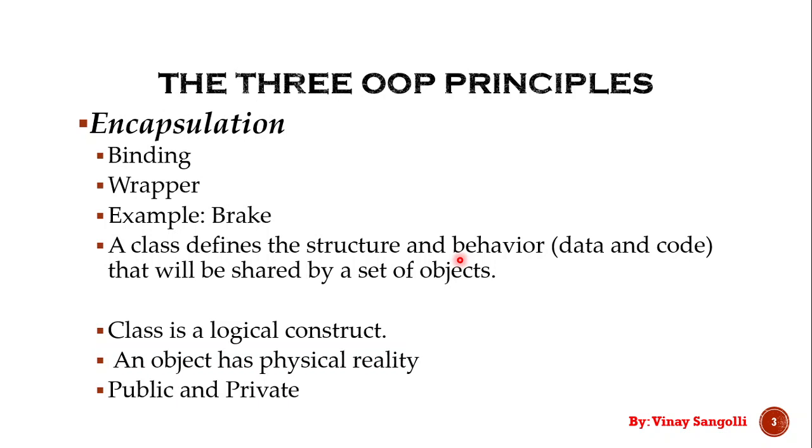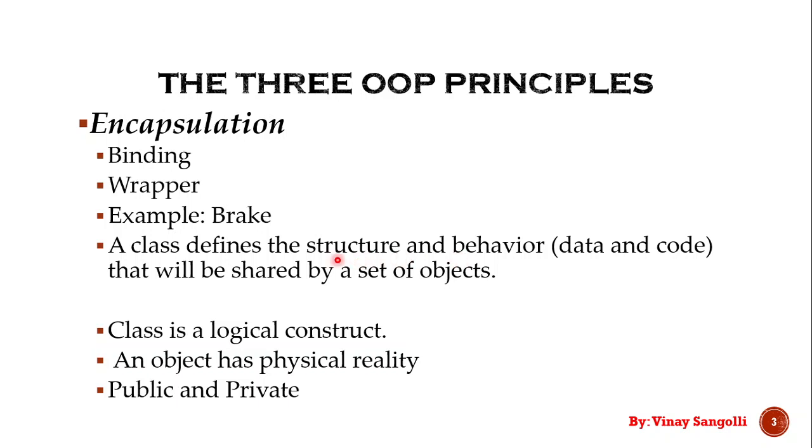See, all fruits have some similar structure. All fruits have some similar behavior. That's why we call them as what now? Fruits. We call them as fruits. Like say for example, we would not call a vegetable a fruit. Why? Because the vegetable structure and behavior is different from the fruit structure and behavior.